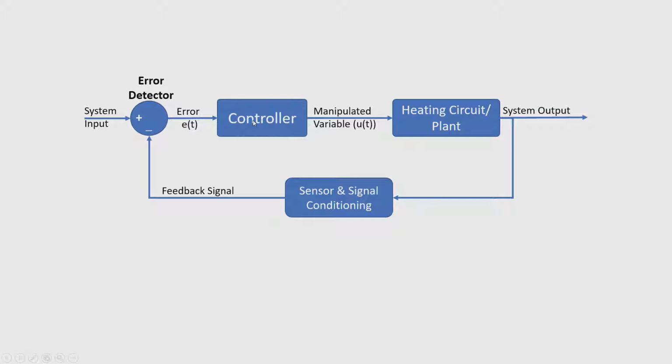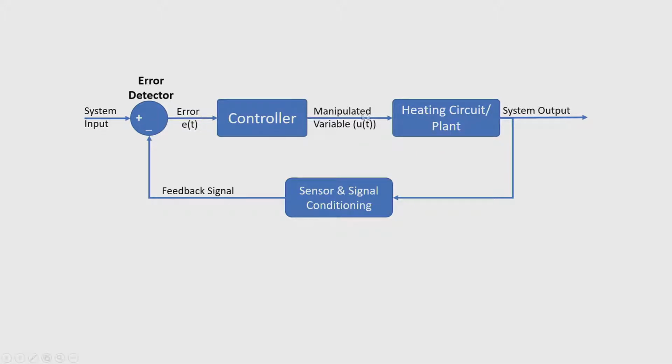So generally you can use an on-off controller, P controller, PI controller, or a neural network based or fuzzy logic based controller, any kind of controller which will understand the error component and generate a manipulated variable such that it controls the temperature on the plant. The temperature on the plant is equivalent to the set temperature by the user. But unfortunately, whatever manipulated variable is given by the controller may drive the plant, or sometimes it may not.